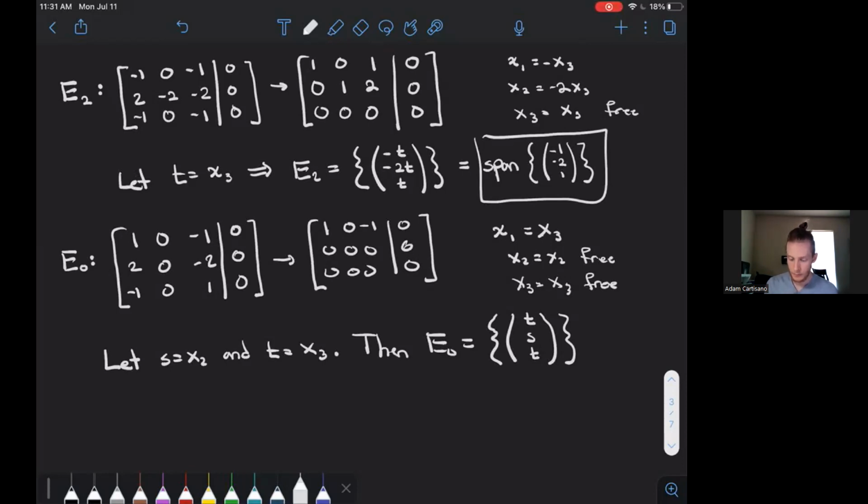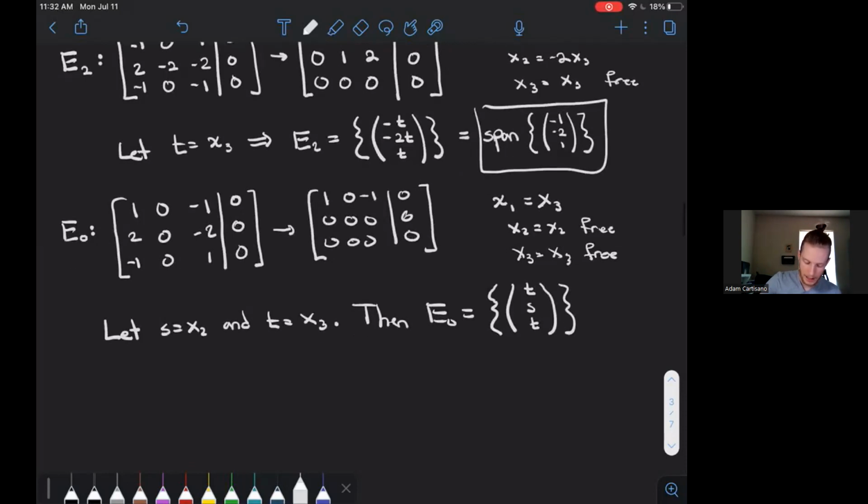And notice, 0, 0, 0 is inside this eigenspace, but it's not an eigenvector. But notice there's two whole dimensions of non-zero eigenvectors living inside of this eigenspace. So this is a very big space. It's a whole plane. And so we'll just write it as a span. So what is the span here? Without writing a span, I can write this as a sum. It's the set of vectors of the form t, 0, t